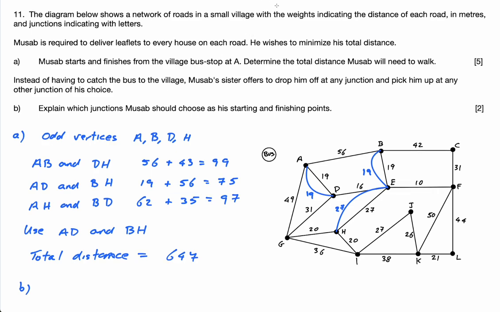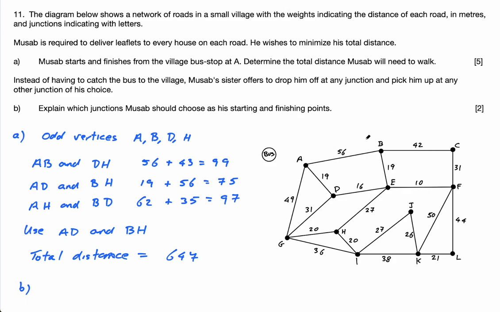So essentially, actually I will get rid of these guys. I'll get rid of this and this and this. Right, so he basically needs now to connect two. He should either connect A and B, or A and D, or A and H, or B and D, or B and H, or D and H. So the pairs, he just needs to connect